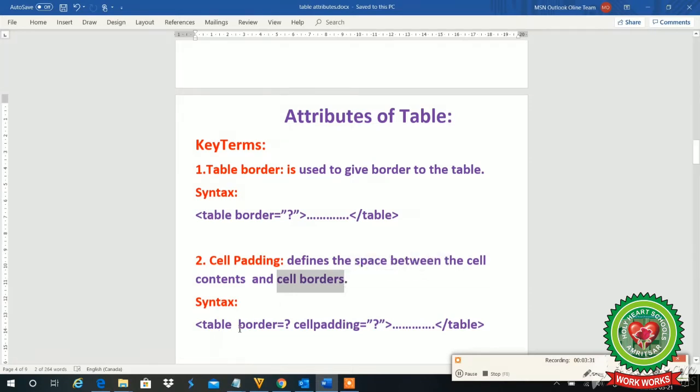For that we are having the syntax: table border is equal to, as in the last term we have done the border, and after one space we will write cellpadding as one word, and we will give the pixel size according to our requirement, and we will close it.